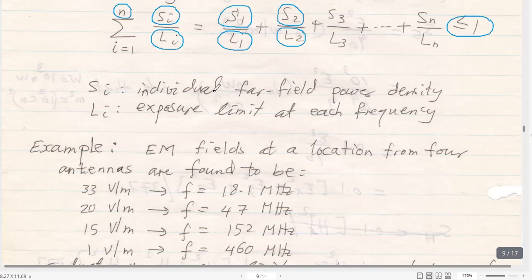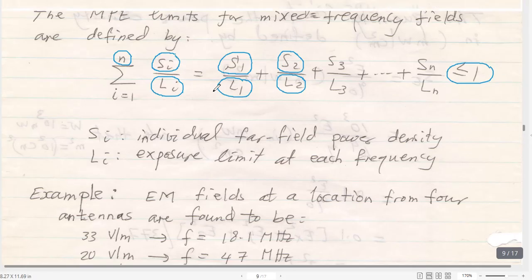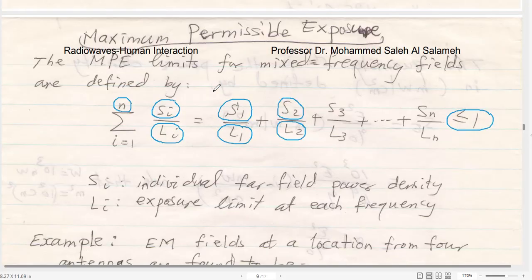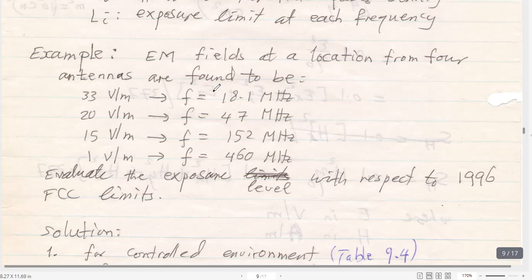Here is an example on how to use the mixed frequency fields to calculate the maximum permissible exposure limit, and to see if it is less than 1 or greater than 1. Consider this example. We have radio wave fields or electromagnetic fields at a location which exposes the location to the radiation from 4 antennas. The first antenna,